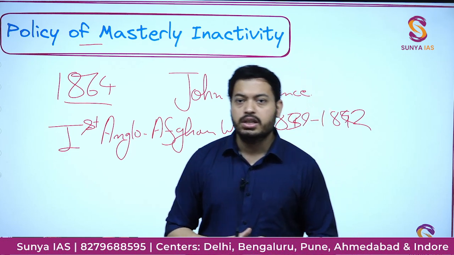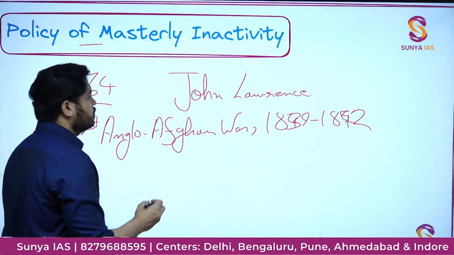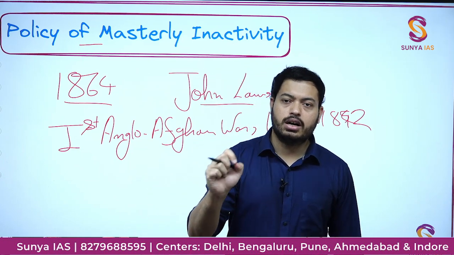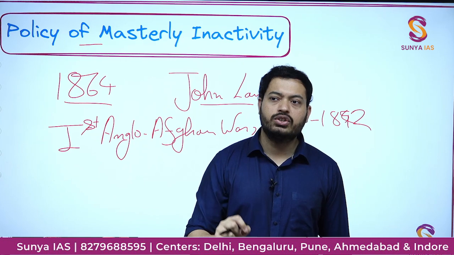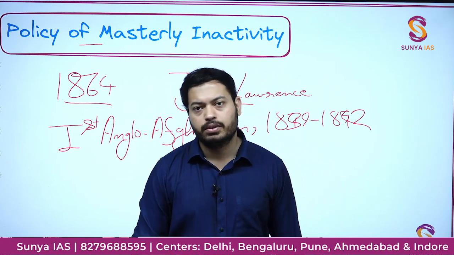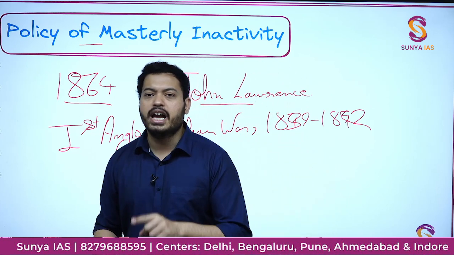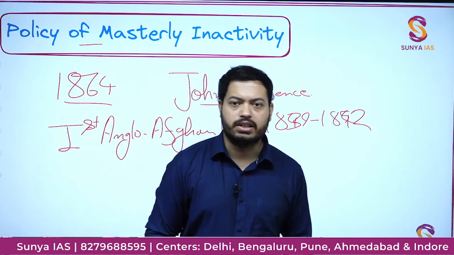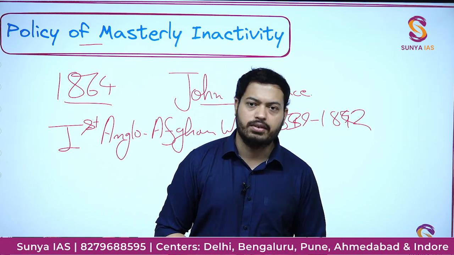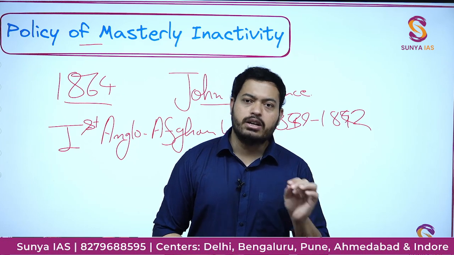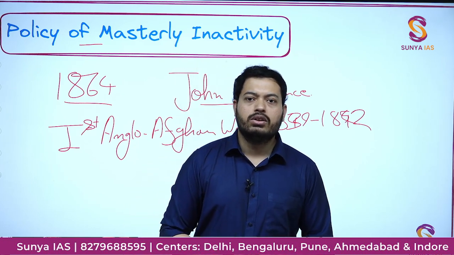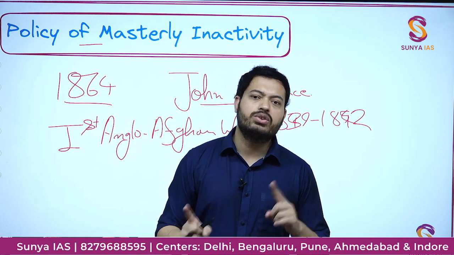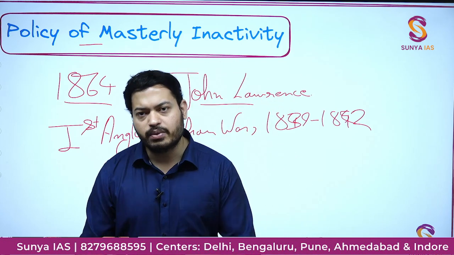and even the senior British officials. Keeping this in mind, you will see that John Lawrence came up with the idea of masterly inactivity. He will not attack the Afghan territory, but he will make sure that no activity happens over there. As long as there is no activity happening from the Russian side, the British Indian side will also not do any activity, and this was the fundamental idea of masterly inactivity, which was propounded by John Lawrence, and it was in use until Lord Lytton came to power in 1876, who initially applied the idea of proud reserve, but then subsequently went on to attack